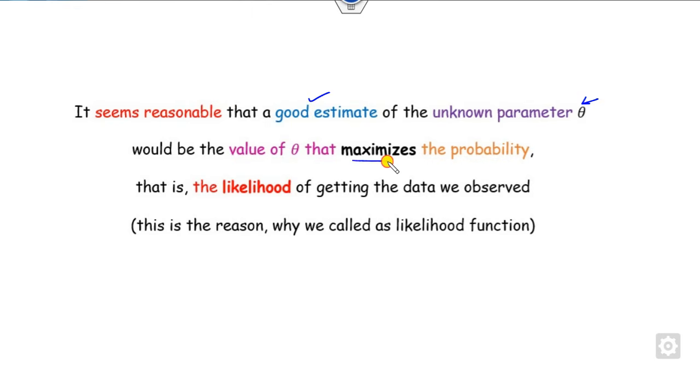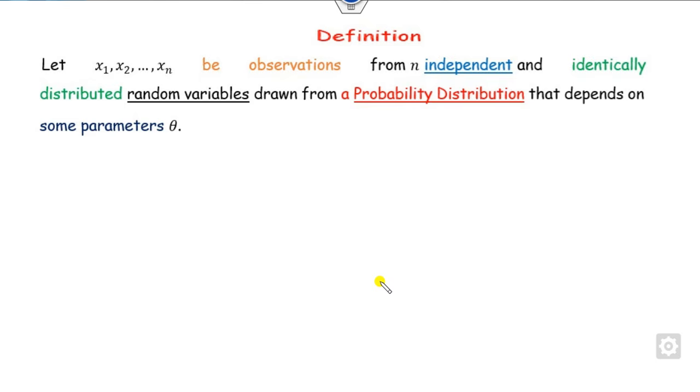Why? Because it will maximize the probability. What is the meaning of probability? Probability means the likelihood of occurrence. That's why this is called the likelihood function, because our target is to maximize the probability, that is, maximize the likelihood. I hope now you can understand why we call it the maximum likelihood. Now, what is the definition? Suppose you have some samples which are